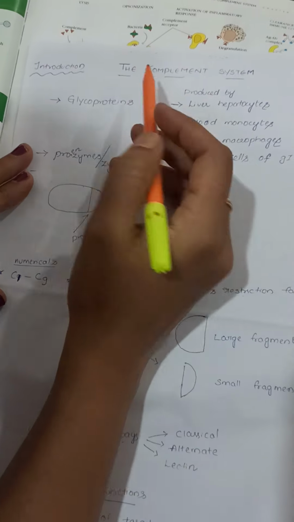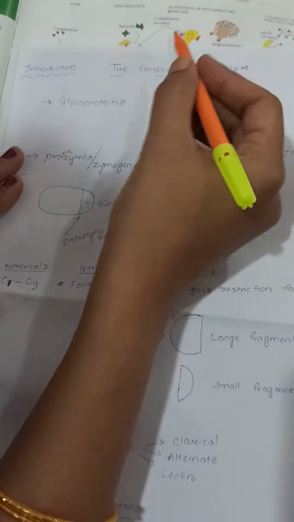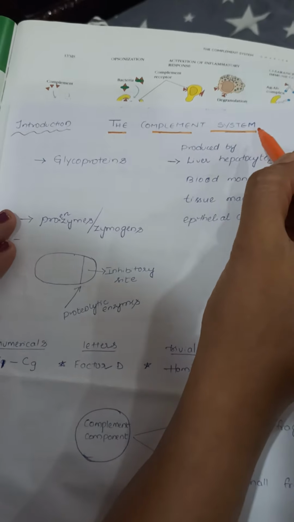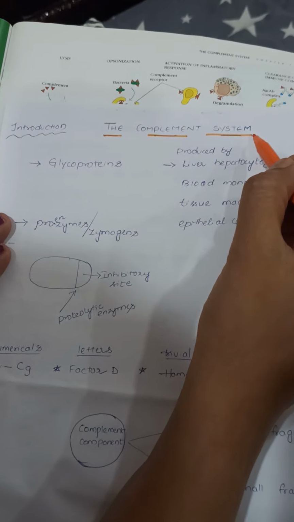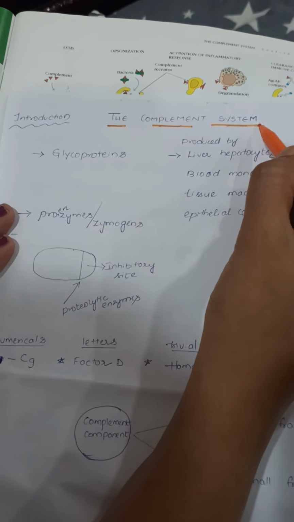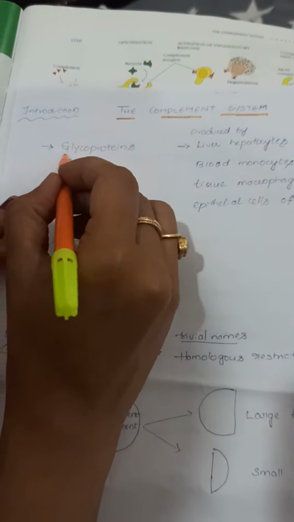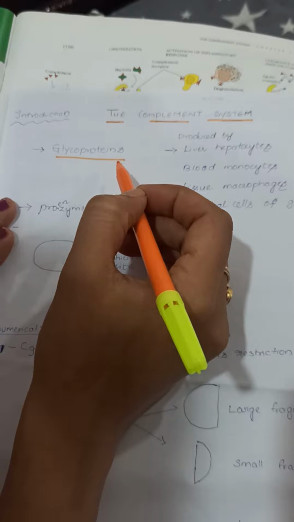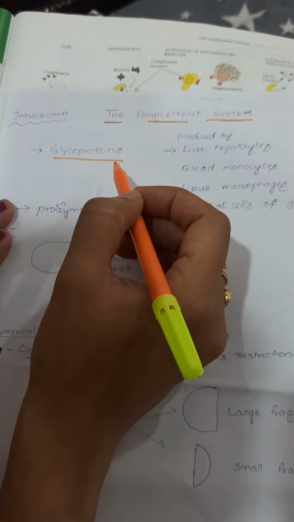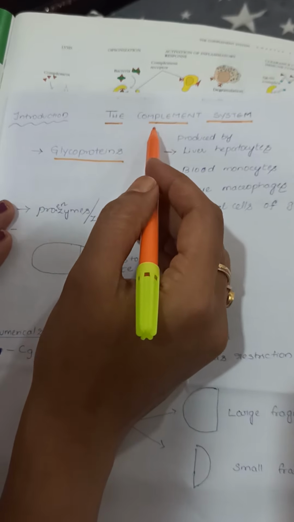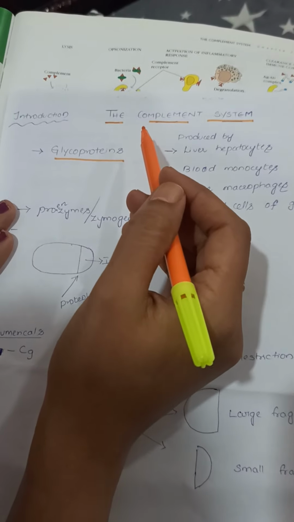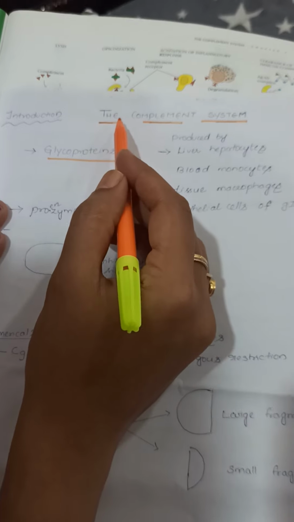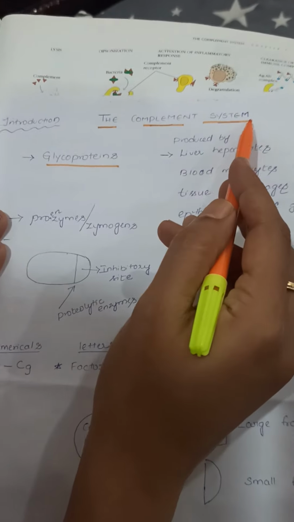So here we will discuss the complement system. Why is it called the complement system? There are a set of glycoproteins which help the antibodies in clearing or in responding, in destroying the antigen. They complement the activity of antibodies, and hence this group of glycoproteins is considered under the complement